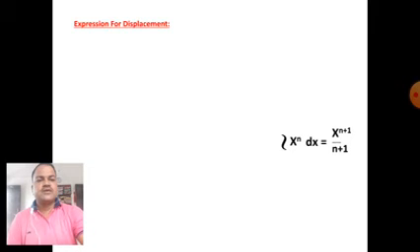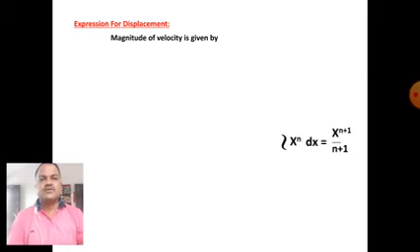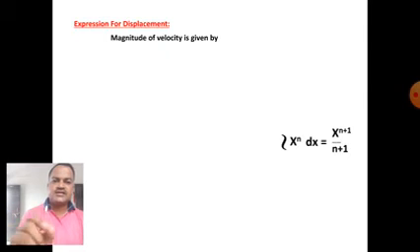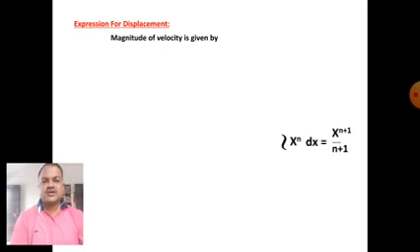Here I have given the general formula in 2 slides, because integration will be used in the expressions. So our next expression is for the displacement. We have to see the expression for first acceleration, then velocity, and then displacement. This is the inverse path of the physical quantity. In linear motion, the path will be first displacement, second velocity, and last acceleration. Here we see the expression for displacement.